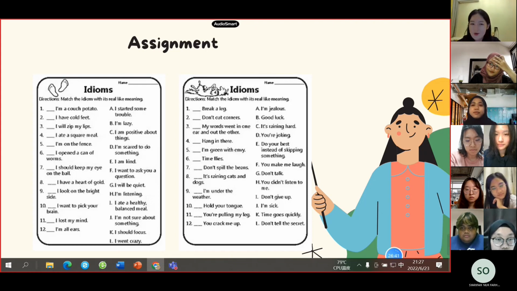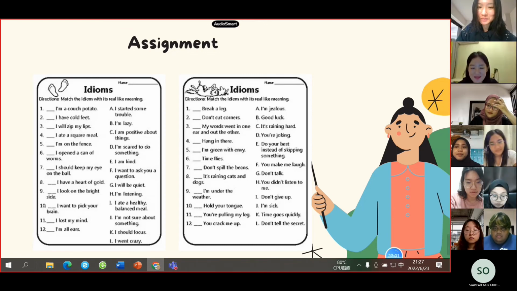Okay. Before we end the class, I would like to pick some students to summarize what we learned today. Let me see. Wang Ziyi, could you try? Sure, Miss Gao. Okay, so I learned some idioms, especially those three, because I've never heard of those three idioms before.